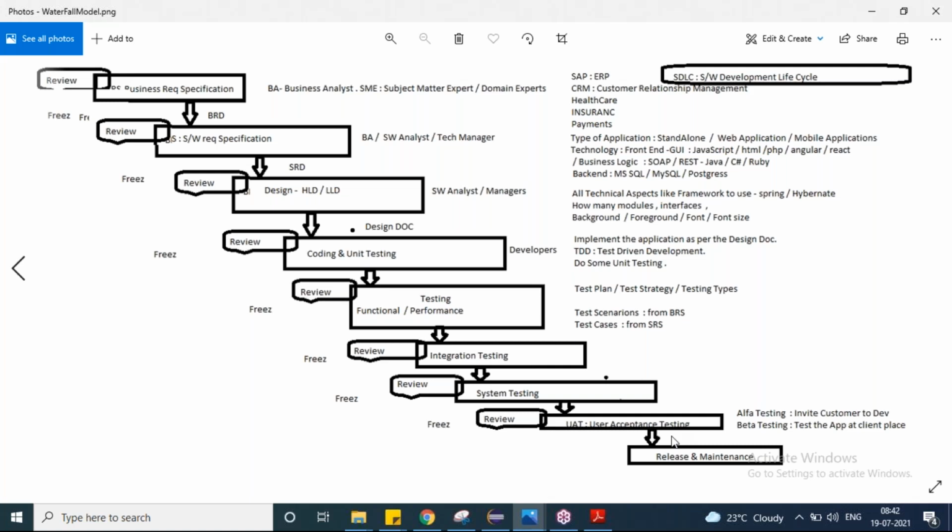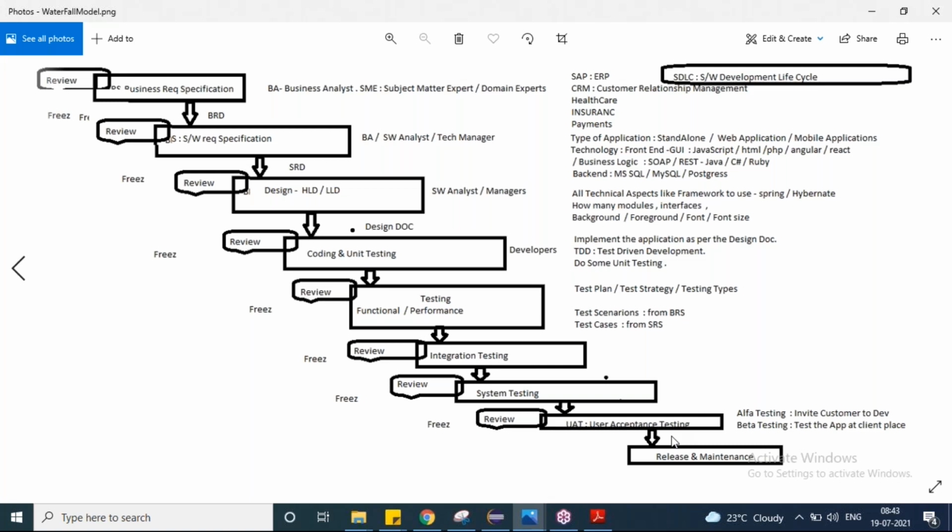So before the testing activity starts, the testing team will first prepare a test plan. In that test plan, they will say how they are going to test and what they are going to test, and when they are going to test, meaning timelines. There are different modules. For each module, how much time it will take, how many test cases we're going to write, how we are going to execute them.